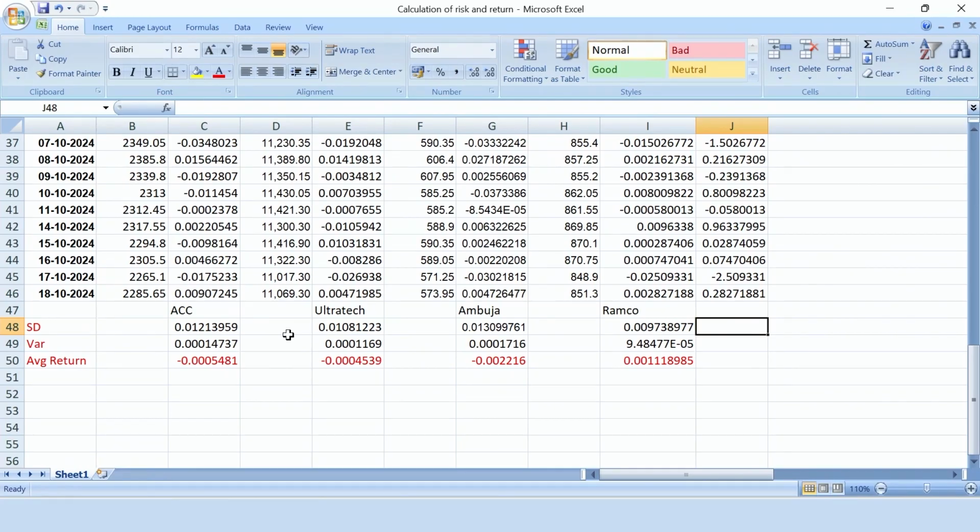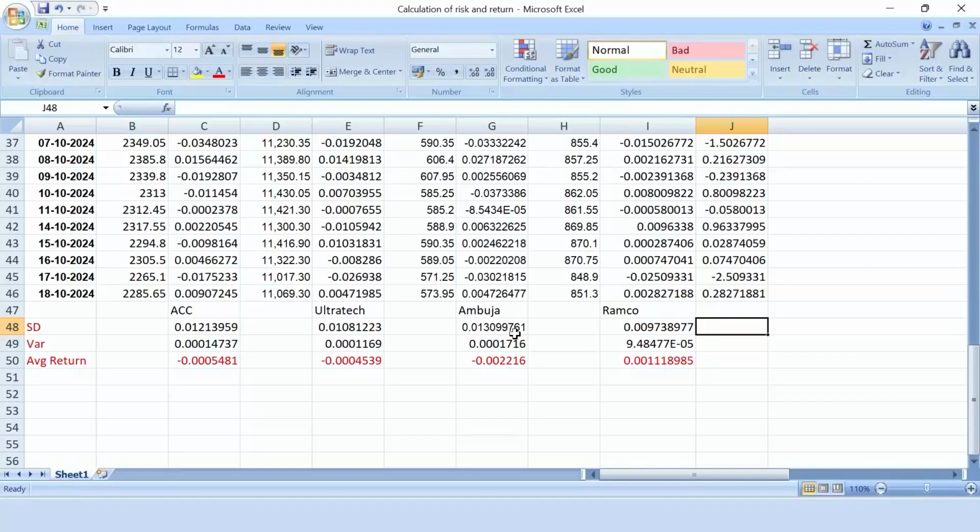So we have to look into different aspects of a particular stock while investing. Risk return analysis is one of the basic things we can focus on, through which we can identify which particular company is risky, or we can say volatile, and which company is less risky. In this case, when we take the historical prices of four companies of the cement industry, we can simply check that these companies have quite a high standard deviation, in the same range. But in case of Ramco, the standard deviation is quite low compared to these. So this particular company will be selected.